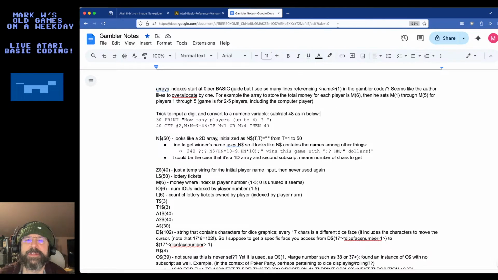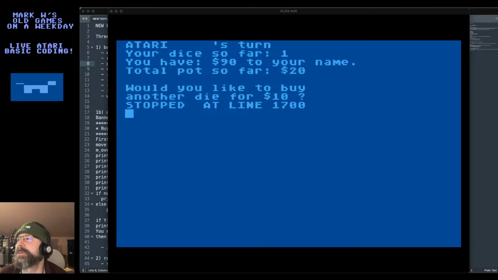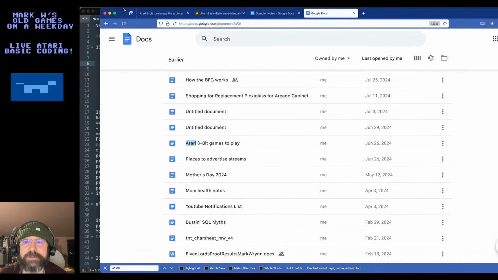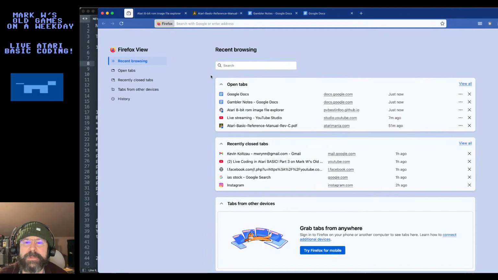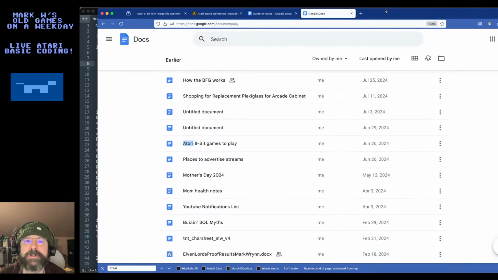Maybe I didn't. This is actually gambler specific notes, so I might have that in a separate document. I don't know. Let me check. Okay, I'm not going to search all over for that. Let's look for where they pause elsewhere in the existing code. Sorry, I don't want you to see all my docs.